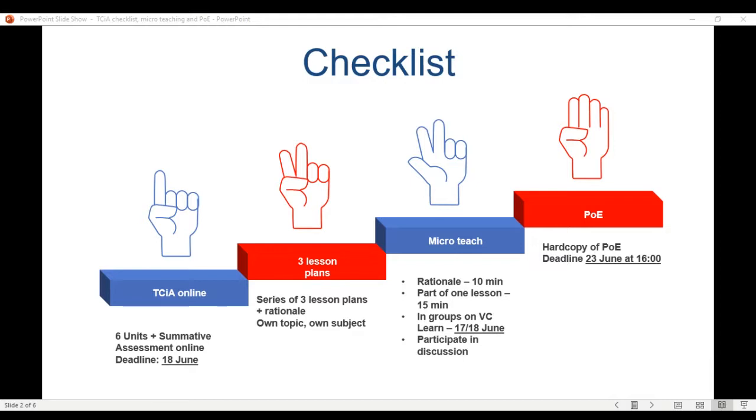Then after our whole micro teaching session, you are going to go to the discussion board on this TEIP 6219 module on VC Learn, and you are going to create a thread and participate in a discussion. I will also get to that in the next slide. Right, so that's going to be the micro teaching. A rationale, a slice of one of the lessons, and then a participation in a discussion